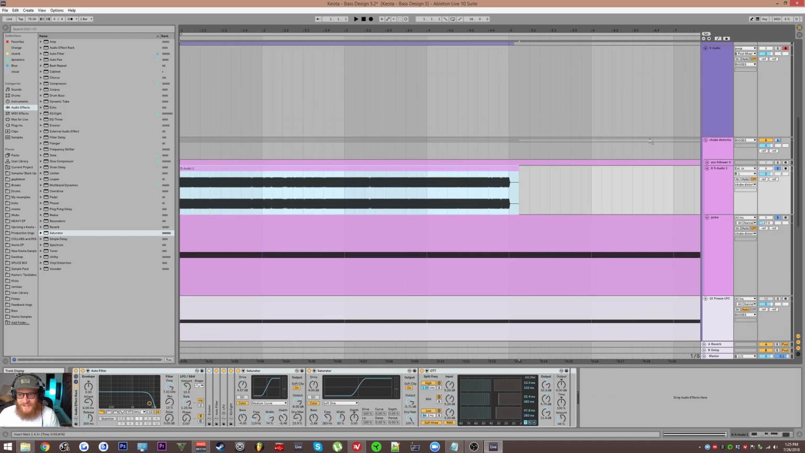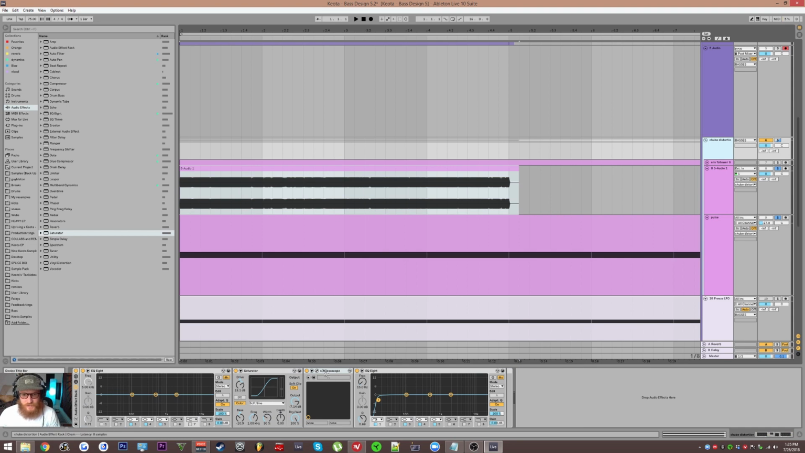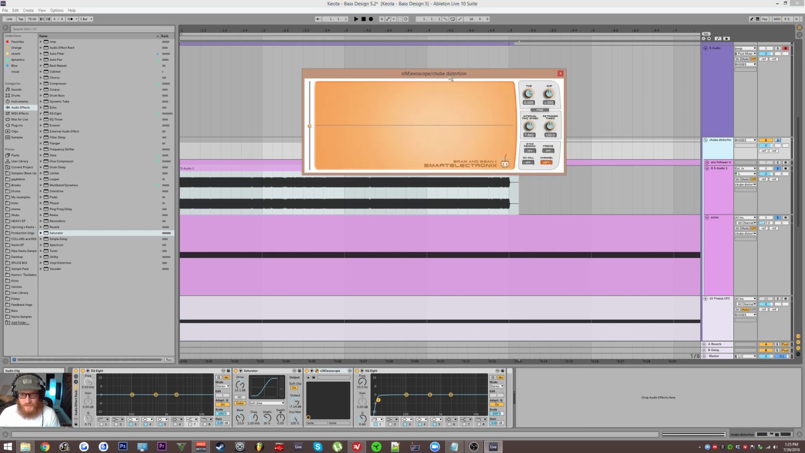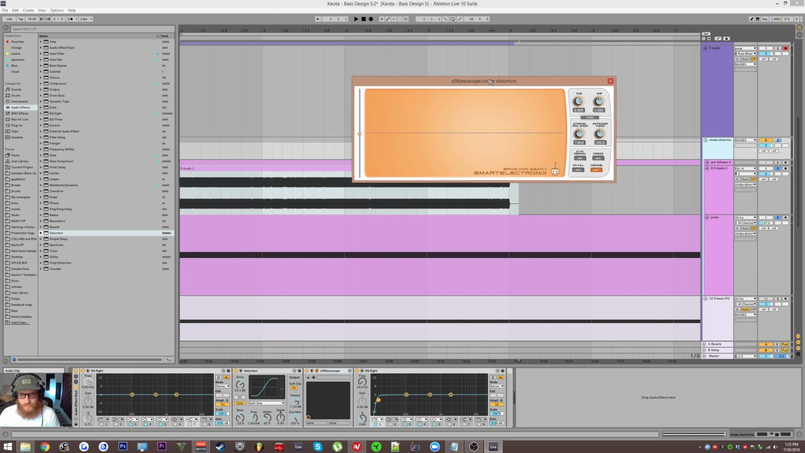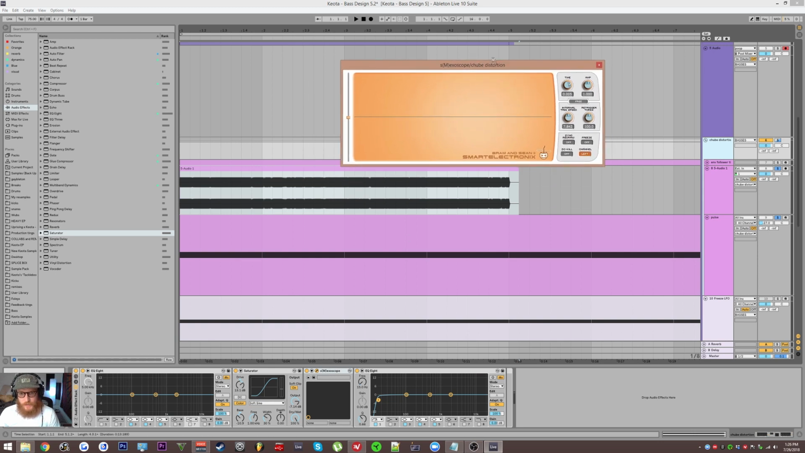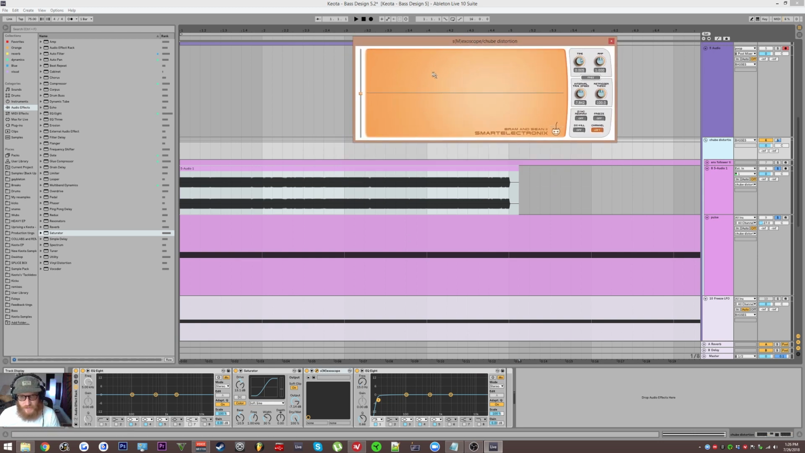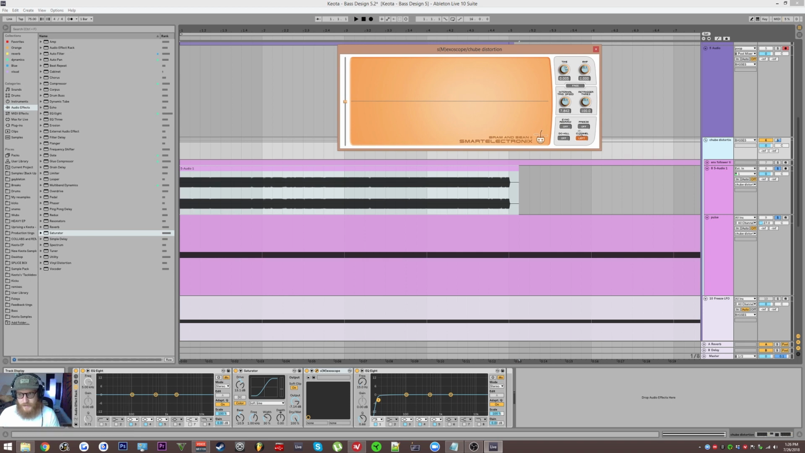But let's see. I also just wanted to go into this really quick. So this is Smexoscope. It's a free plugin. It's as old as time. I see a lot of people use this, and it does the job. Look at this. Look at that waveform. Anywho,